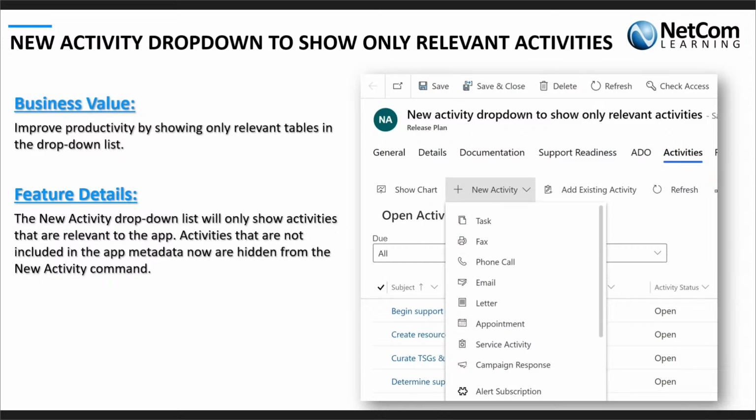So anything that is not included in the app metadata would not be listed in the new activity command anymore. Anything that has been added to your model-driven app is the only thing that would eventually show up while creating a new activity directly inside of a model-driven app.